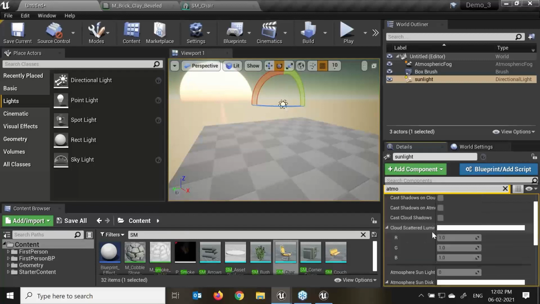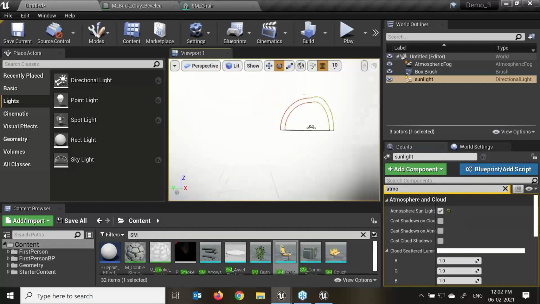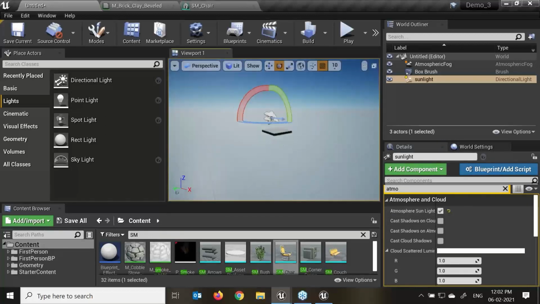I'll type into the search atmosphere. We have atmosphere sunlight. Just select and drag. Here you can see, select and rotate. See, I'm rotating my directional light now. So my environment gets affected,